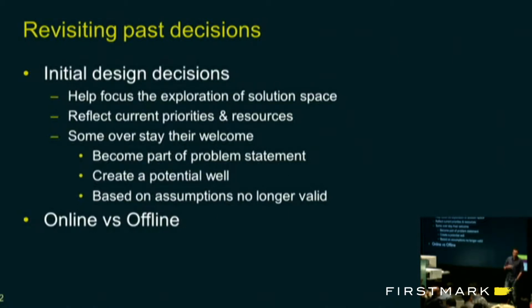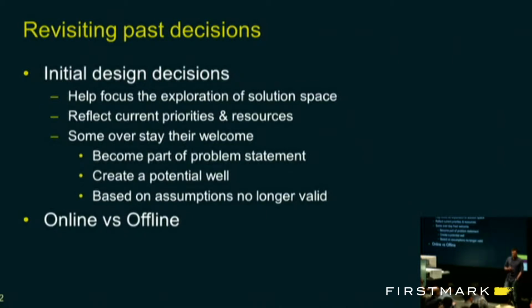So what happens to these decisions when we revisit them, let's say, a year or 2 years later? Well, we'll find that we sometimes have thought about that initial decision so much that it becomes a part of the problem statement. And we often forget that it was an option when we first started to attack this problem. What's worse is that most likely all those assumptions are now wrong. And so you're stuck trying to solve a new problem in a very limited way. One of the key examples here is, do I do an online or an offline type of algorithm when I first attack a problem? Do I want to do this in a streaming fashion or a batch fashion?